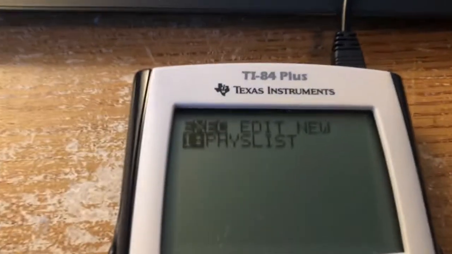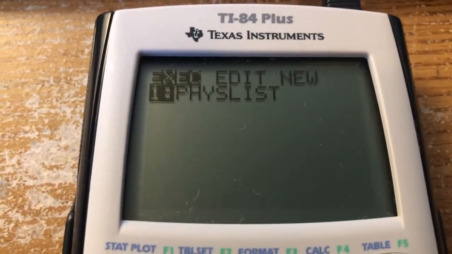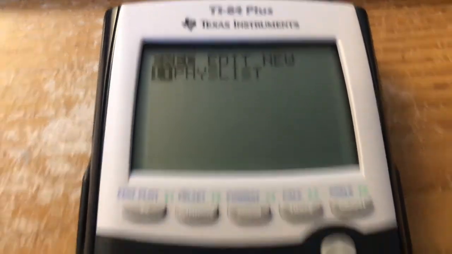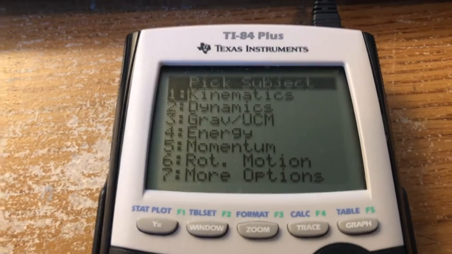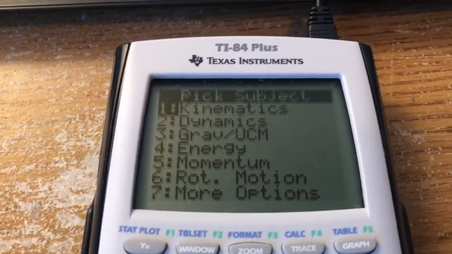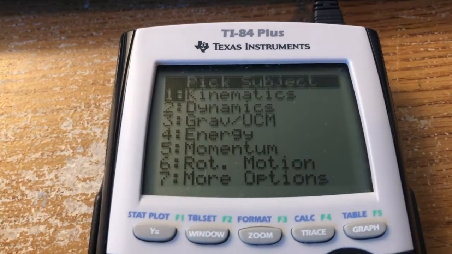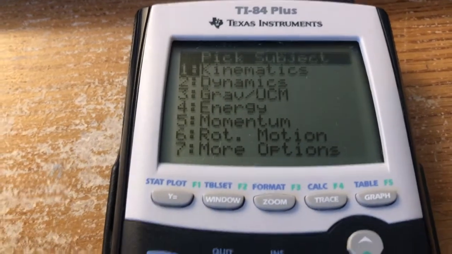So you hit the program button. That comes up. It says Phys List. You hit enter. So that would be down here, enter. And then enter again. And there's the program. It says pick subject: kinematics, dynamics, gravity, uniform circular motion, energy, momentum, rotational motion, and then 7 is for more